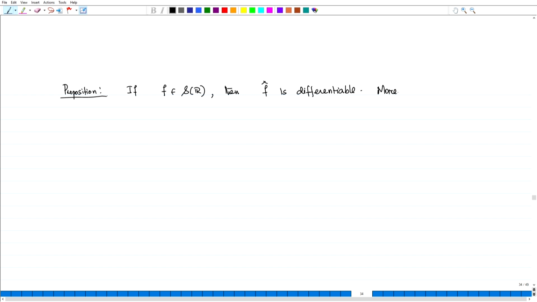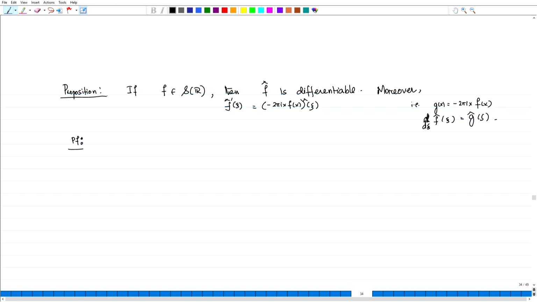Moreover, f hat prime at xi is equal to the Fourier transform of minus 2 pi i x f(x) at xi. What we mean by that is, if g(x) is equal to minus 2 pi i x f(x), then d/d xi of f hat at xi is equal to g hat at xi. That is the meaning of this, and